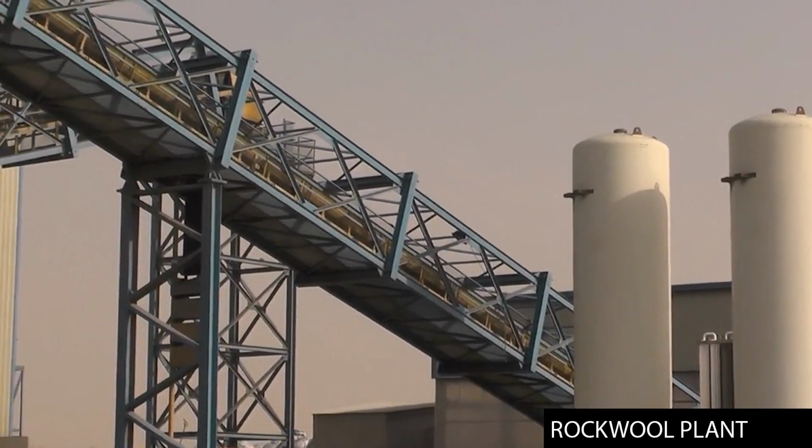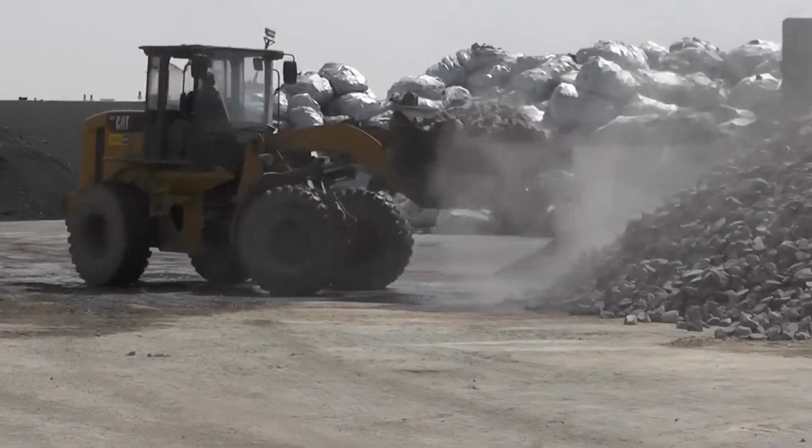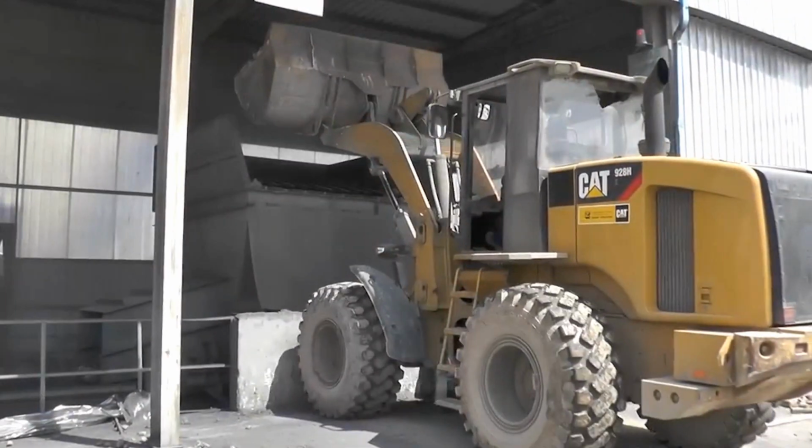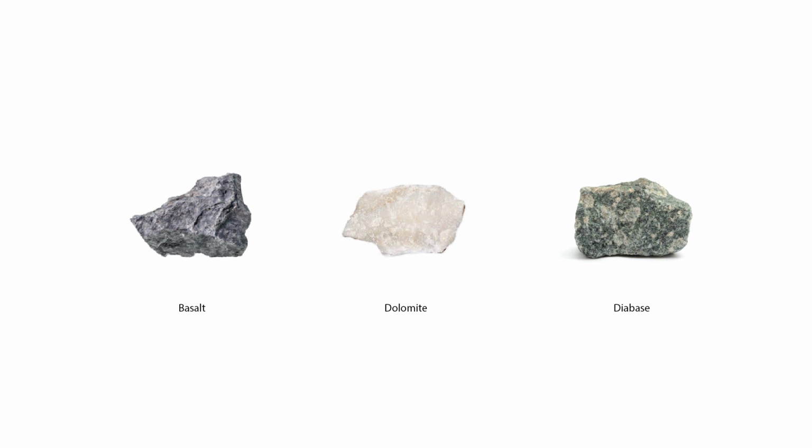The manufacturing process of mineral wool. At the manufacturing plant, the materials required for making mineral wool are delivered daily to the storage site, which supports the operation of the plant. The main raw materials used in the production of mineral wool are basalt, dolomite, and diabase, which are carefully selected